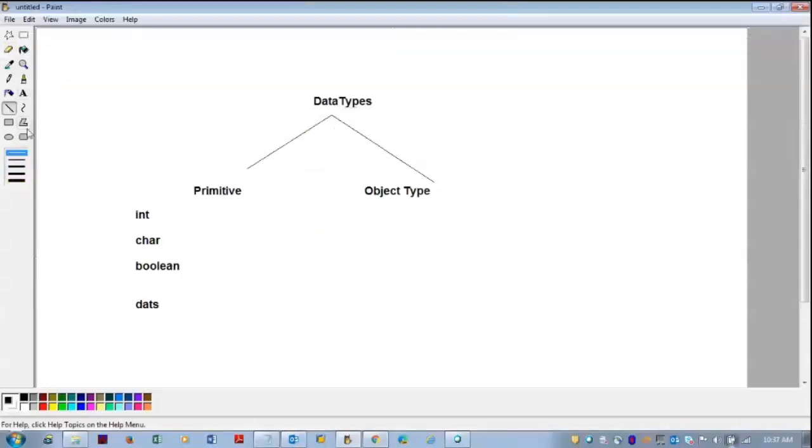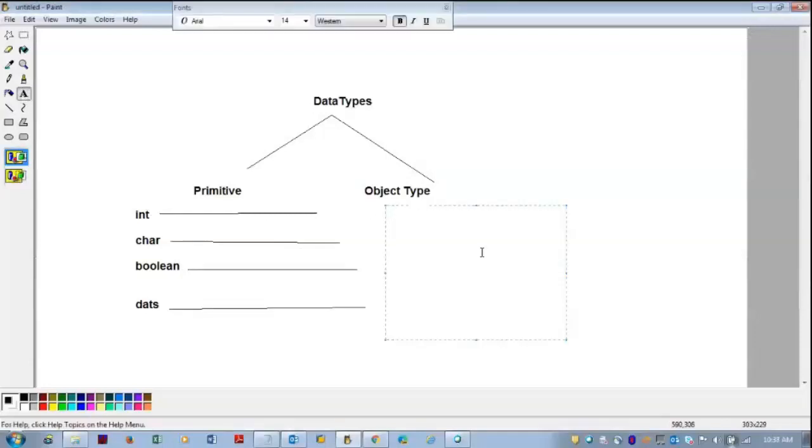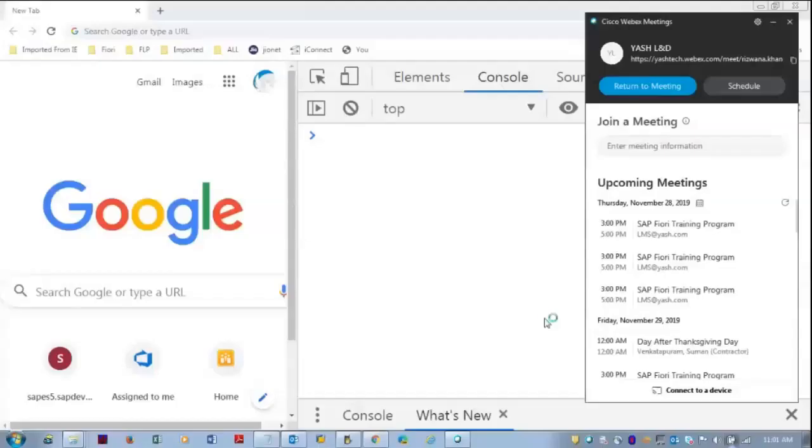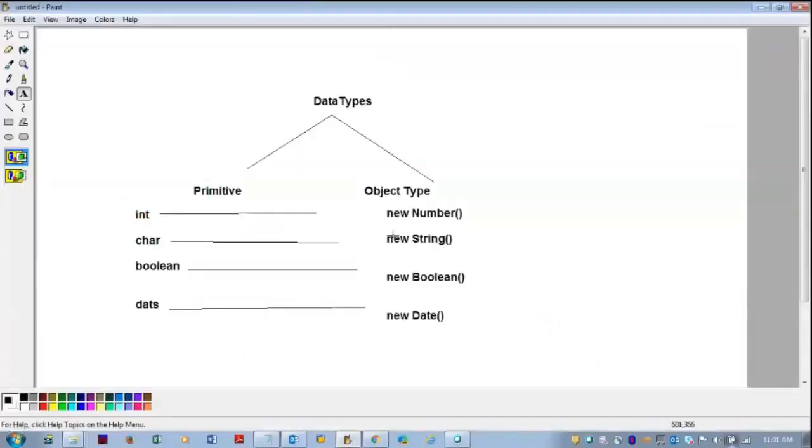And object types will be the same equivalent of int or char or boolean. We have the object types as well here. For example, for int type, we have new Number of. Object types will be in the RAM, and when you declare with the object, they are stored in the object format, and it has all the properties and events whatever we discussed in the object-oriented concepts. Primitives are not created like objects. They are somewhere referenced in the memory and do not have the features or characteristics of the object.